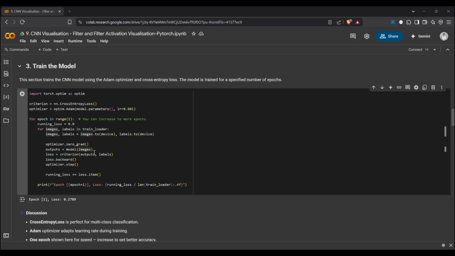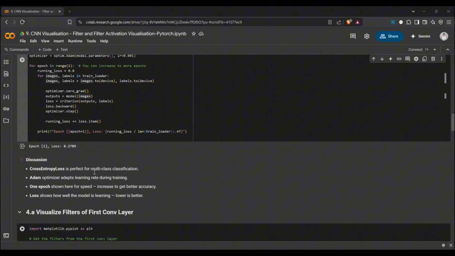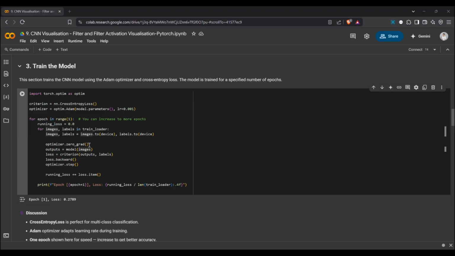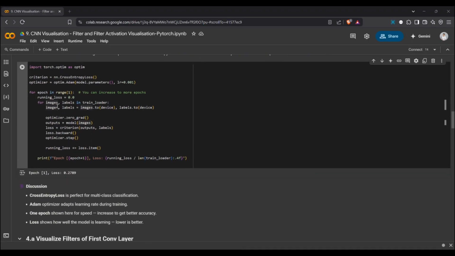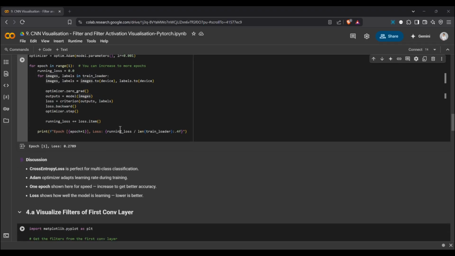The loss is then computed, and the backward pass calculates the gradients. Then the gradients are used to update the model weights. So this is the training step in this IPython notebook.